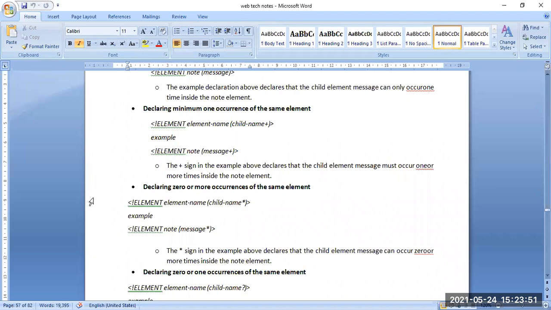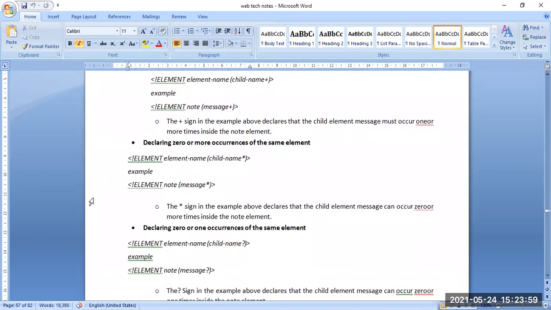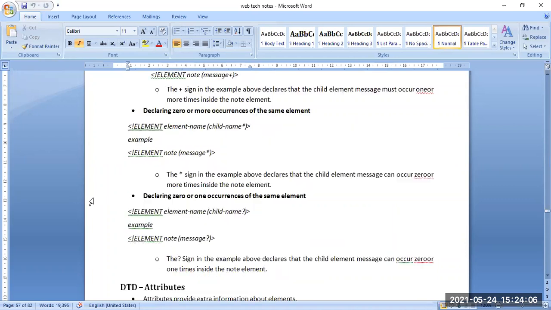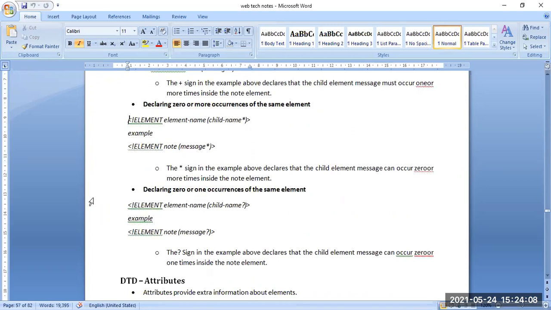Declaring zero or one occurrences of the element, we can also see the question mark is present. This question mark says that the child element message can occur zero or one time inside the node element. So we can use the star or the question mark. These two signs are examples that declare the child element message can occur zero or more times inside the node element.